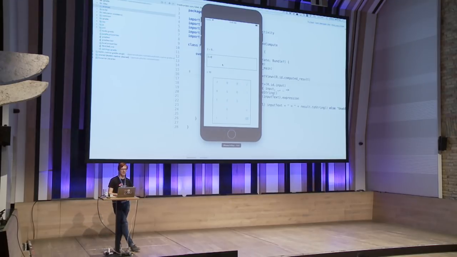iOS application running the same underlying logic. So 2 + 5 = 7. For some reason, it does not show the 0.0, because I guess there is a bunch more logic implemented here. And